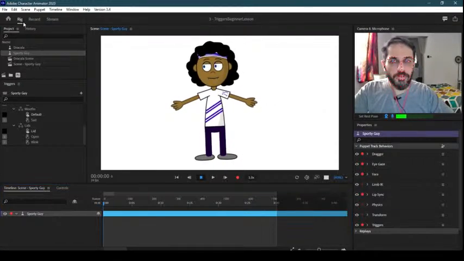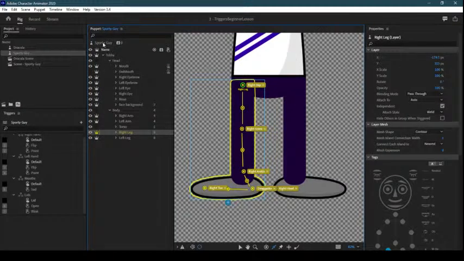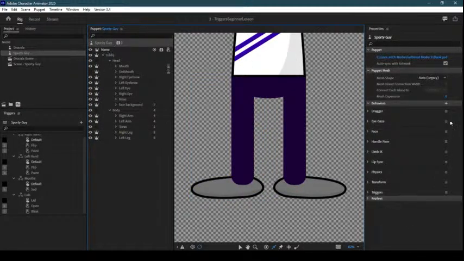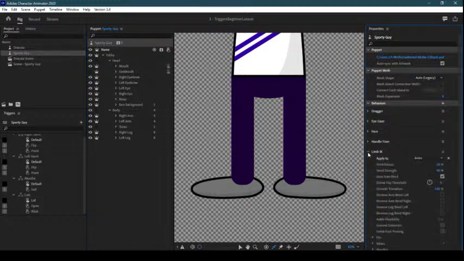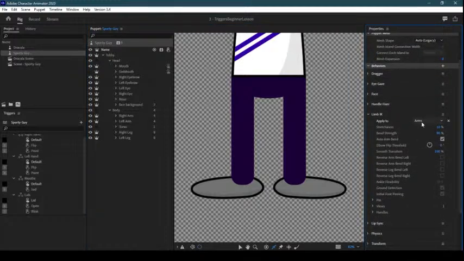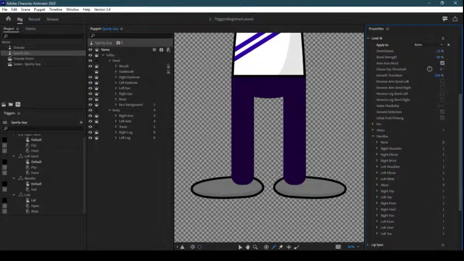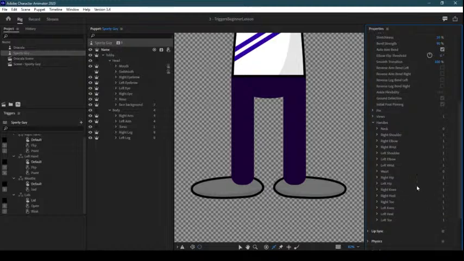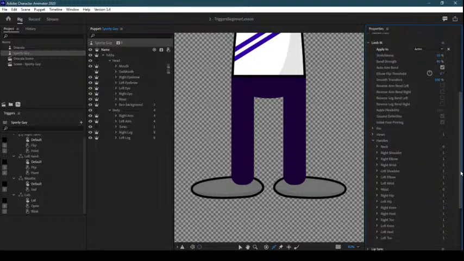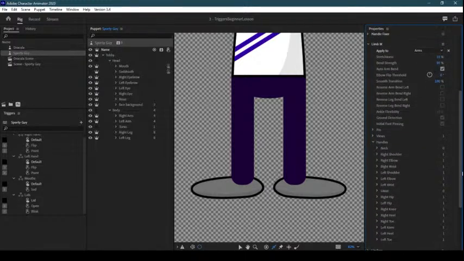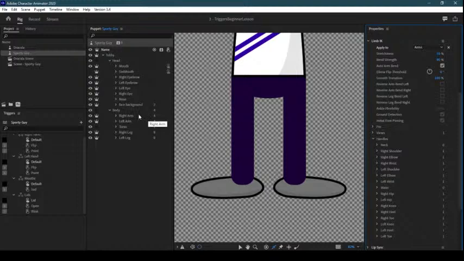So I will go to the rig. Okay, go to my sporty guy file, the top one. Go to the limb IK, and then here it says arms. Okay, and now if I will go to view or handles, okay, so in the handles you can see I have left hip, everything here, right toe, everything is counting. Waist it is not counting, neck it is not counting, so I will try to put some neck and waist right now. So I will go to my torso,